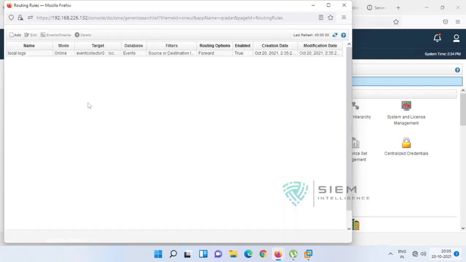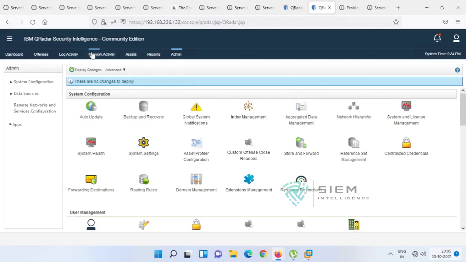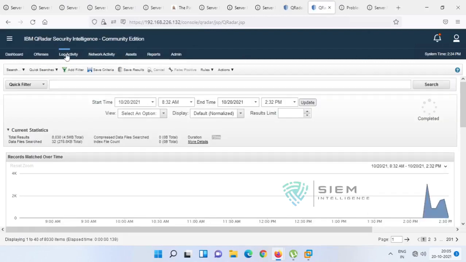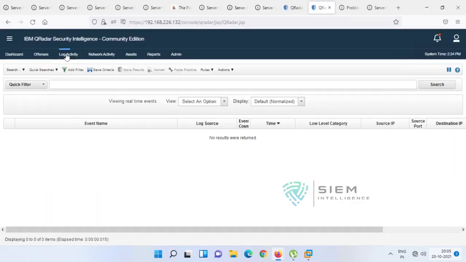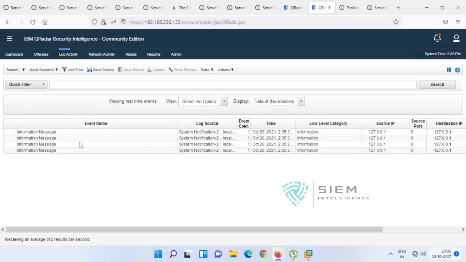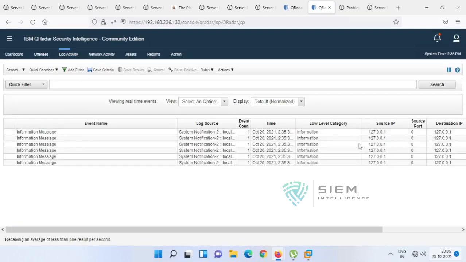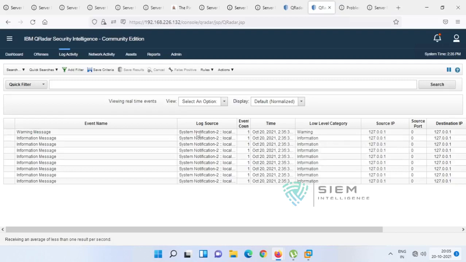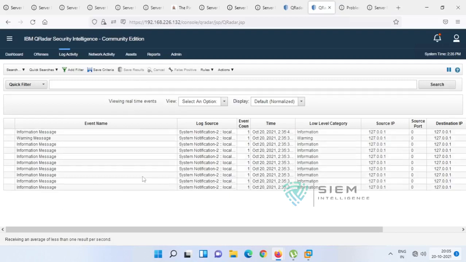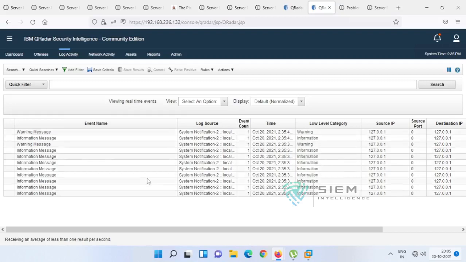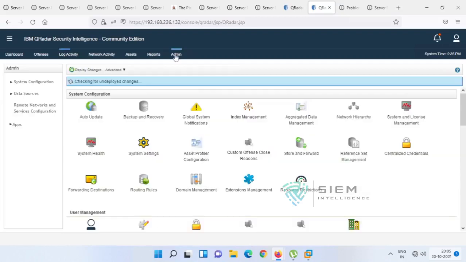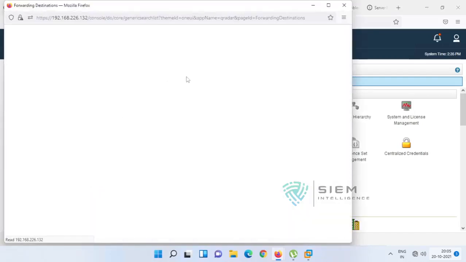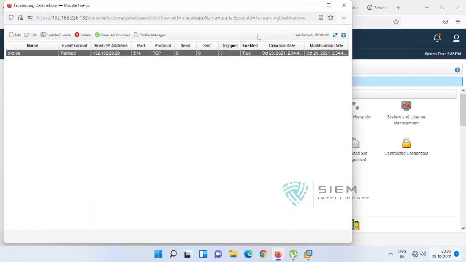What it will do is set up these local logs. So from now onwards, whatever logs show up here, you double click, and they will be forwarded there instead of showing here. See these logs, they will be forwarded there. Right now there is no option, that's the reason it is giving this. I hope it should work, but the destination is not there, that's the reason it is not forwarding.